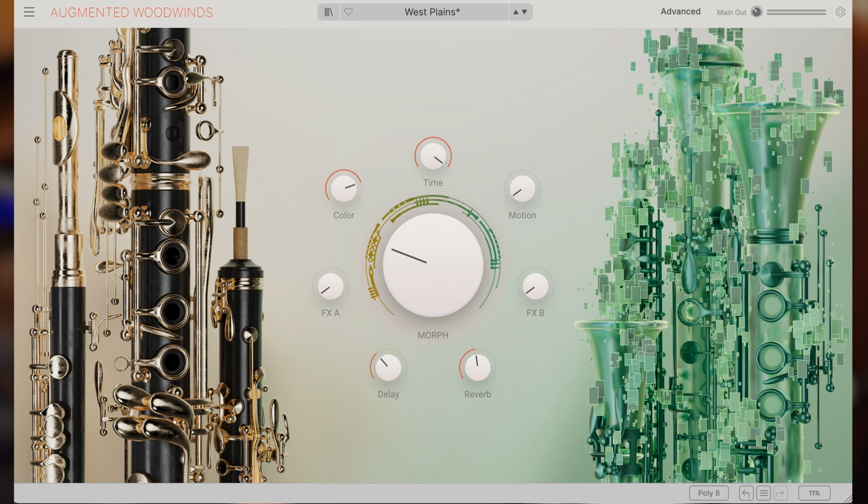You can also add more coloring, dynamic or modulation effects per layer to further customize a preset to suit your ideas.